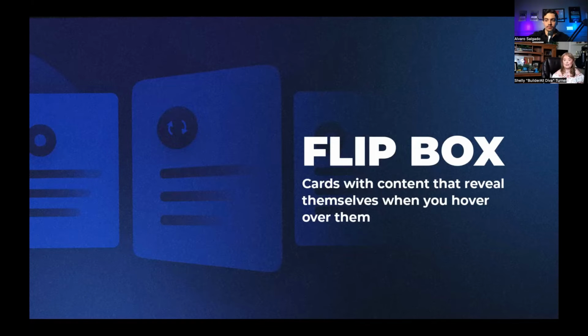Now, for you guys that are creative thinkers out there, let me tell you what, this is going to be a fun thing for you to play with because there's so many different ways that you can really use this in creative ways to make your website engaging and kind of add that finesse that is not seen on any other website. So that's another one. If you are a creative person, check this one out. You're going to love it.